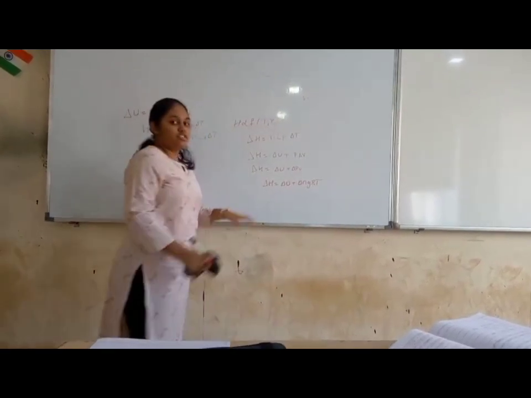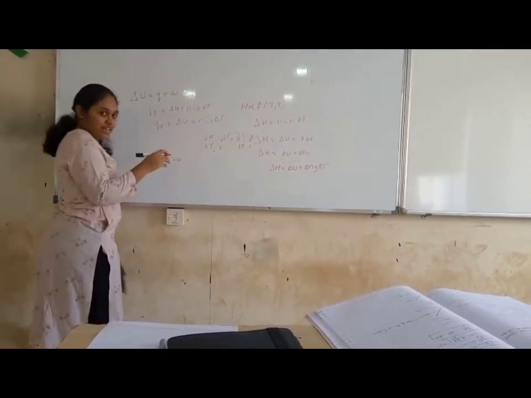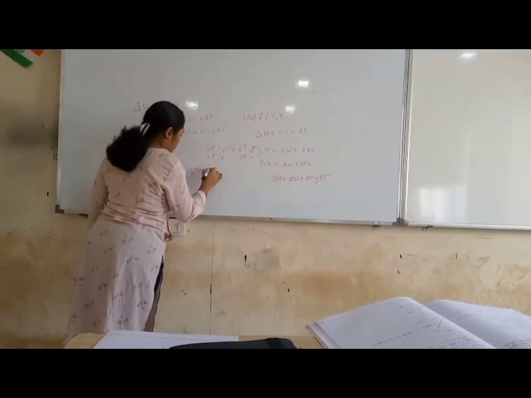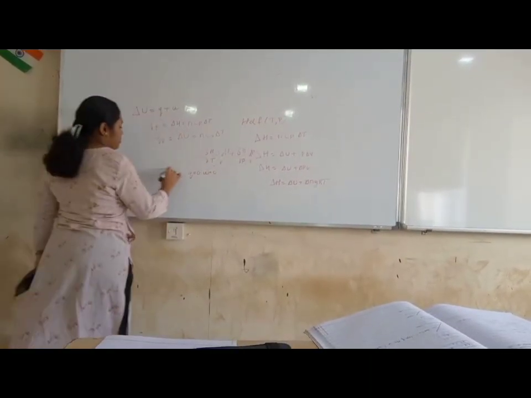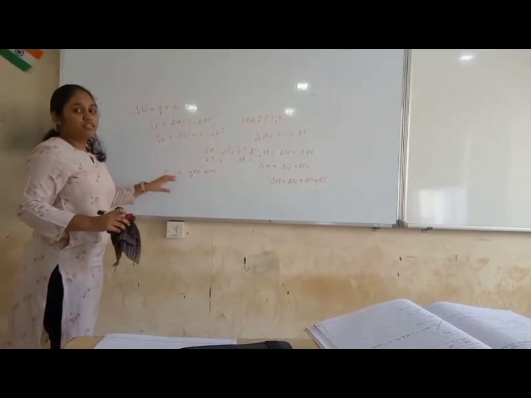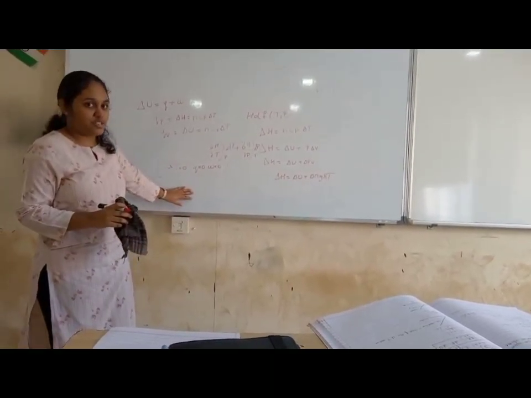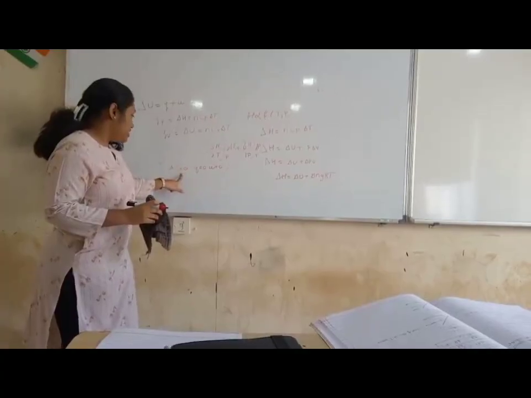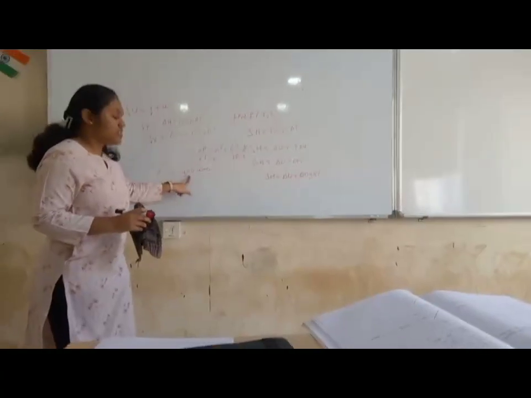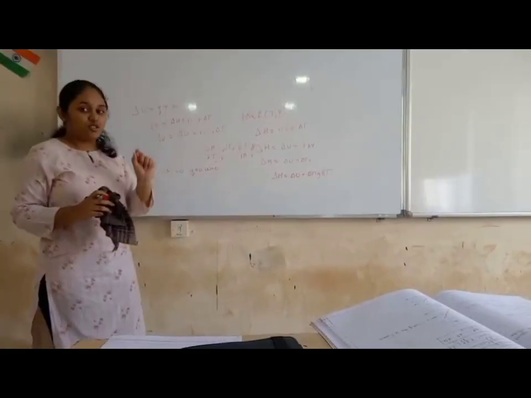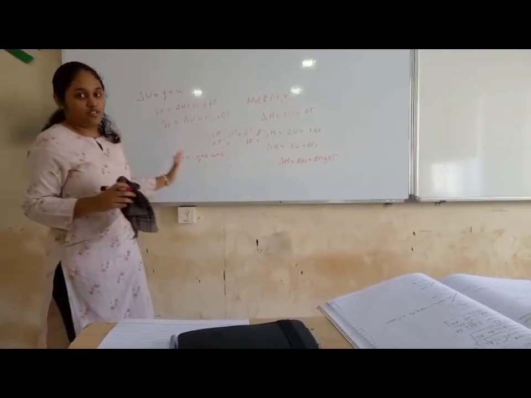Delta T is 0, Q is 0 and W is 0. It is one of the most important. And it is a sudden change, so it is an irreversible process. Free expansion is an irreversible process. Here delta T is 0, Q is 0. Free expansion is an adiabatic, isothermal, irreversible process.